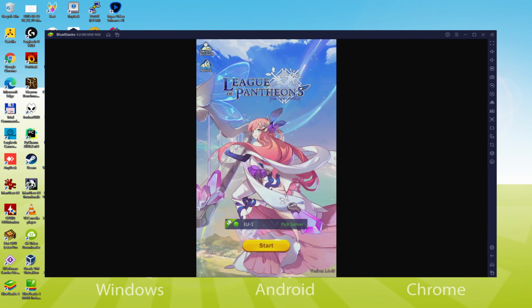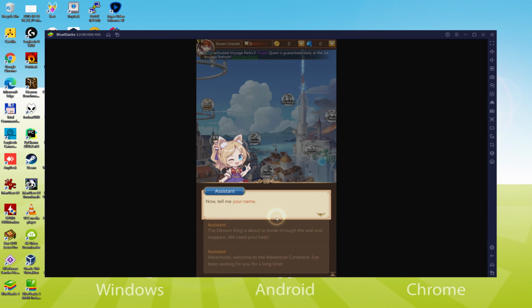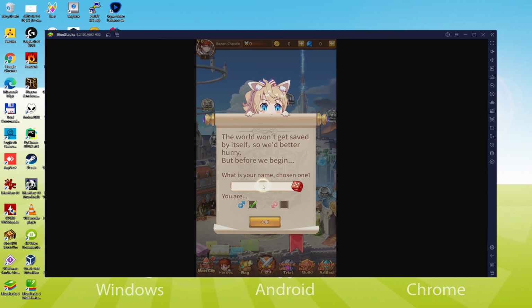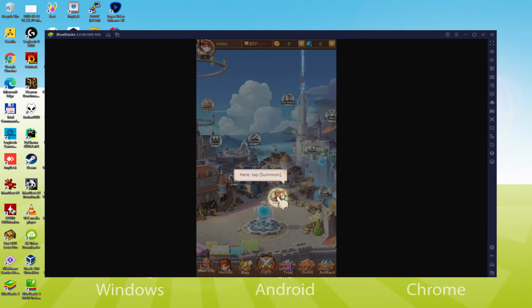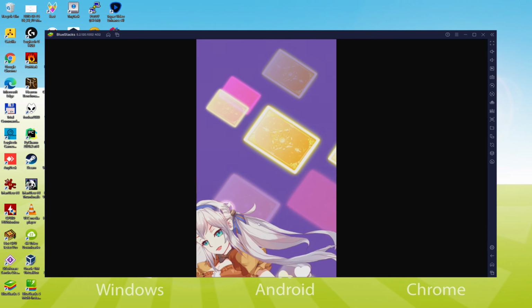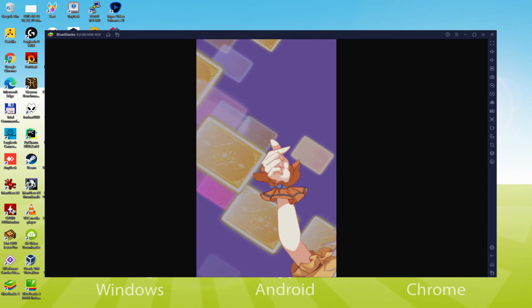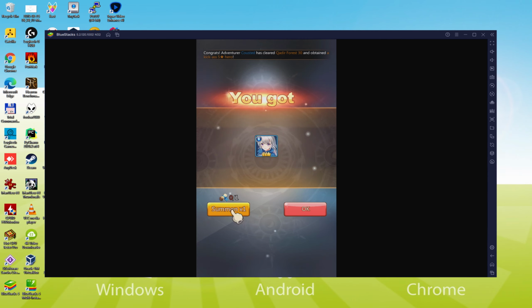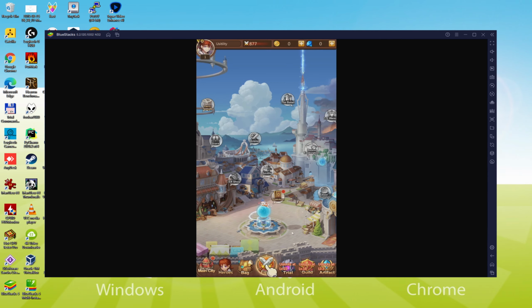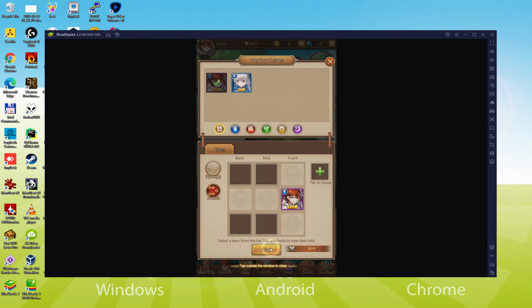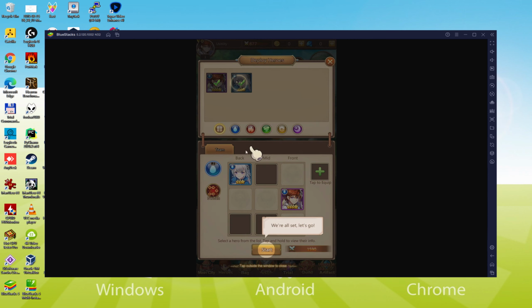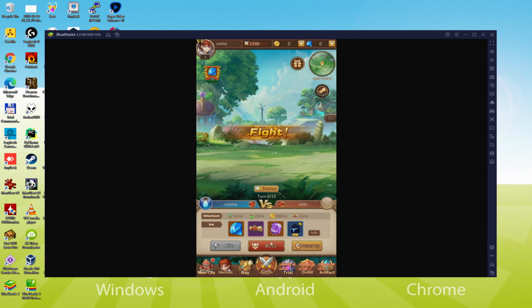Today we are going to see how to play League of Pantheons on PC using the brand new BlueStacks 5, that is designed for blazing fast speed and high-octane action. It packs a punch with mega performance upgrades and it has faster performance than any other high-end Android device or Android platform. We will be able to easily download and install League of Pantheons and enjoy the game on our Windows PC with keyboard, mouse and big screen thanks to BlueStacks 5, which is the Android emulator that we recommend to play League of Pantheons. So without further ado, let's get to it.